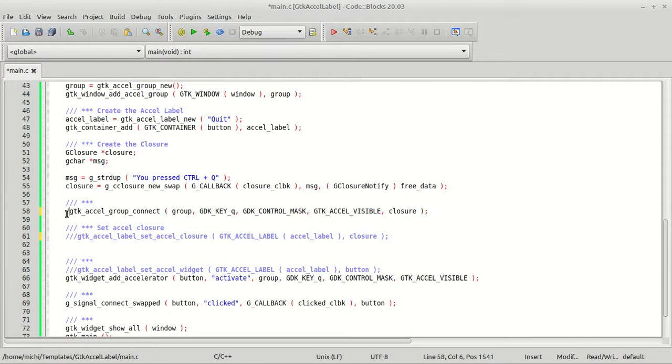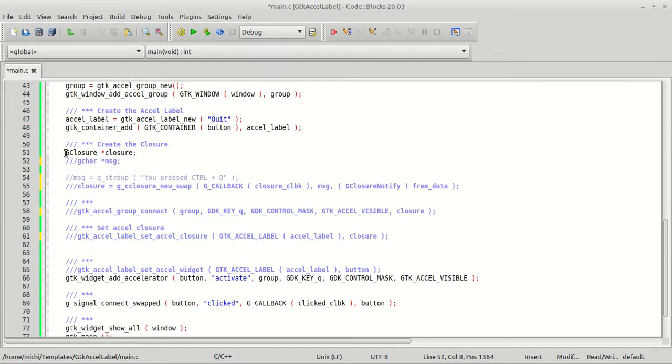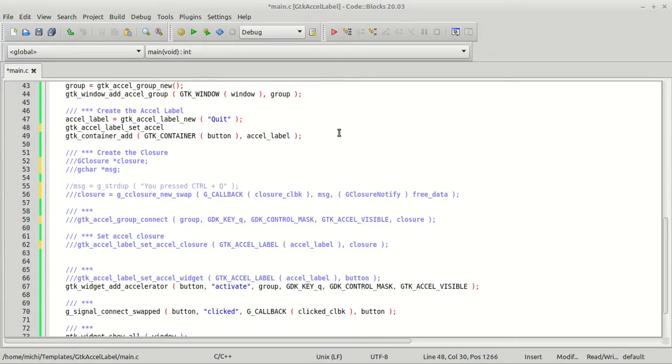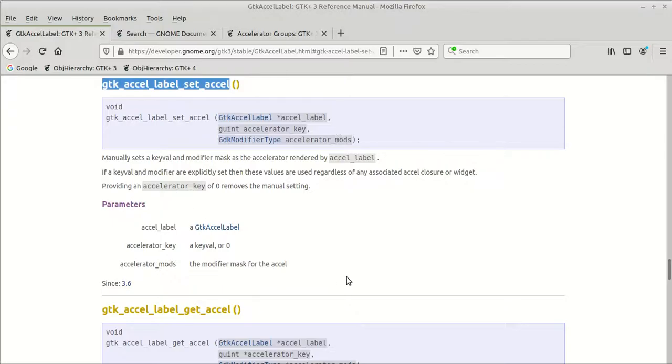Let me stop calling this function for a second, and this one as well, and this one as well, and this one as well. And now let me call the GTK AccelLabel SetAccel. It says it manually sets a keyval and modifier mask as the accelerator rendered by the AccelLabel. So if the keyval and modifier are explicitly set, then these values are used regardless of any associated accel closure